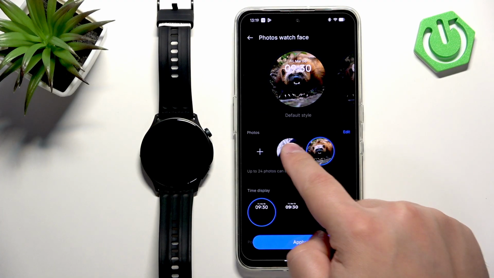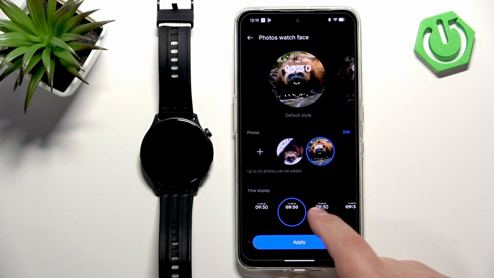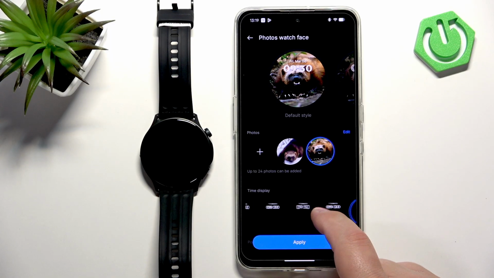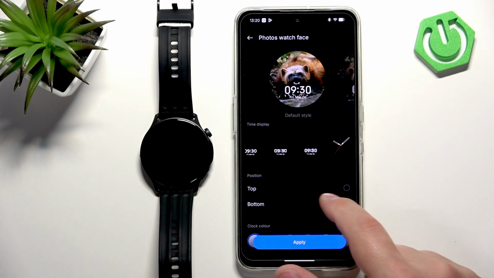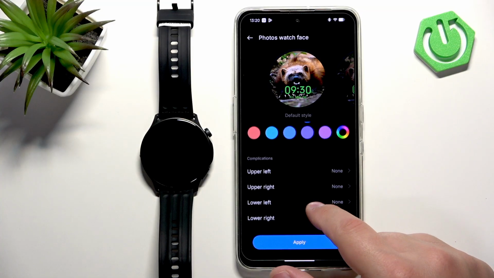And here we have a preview of our watch faces, and you can customize it a bit further. You can change the way the clock looks. We have different ways the clock can look. Then we can change the position of the clock right here. We have bottom and top, and then we have the color of the clock, and finally we can add some